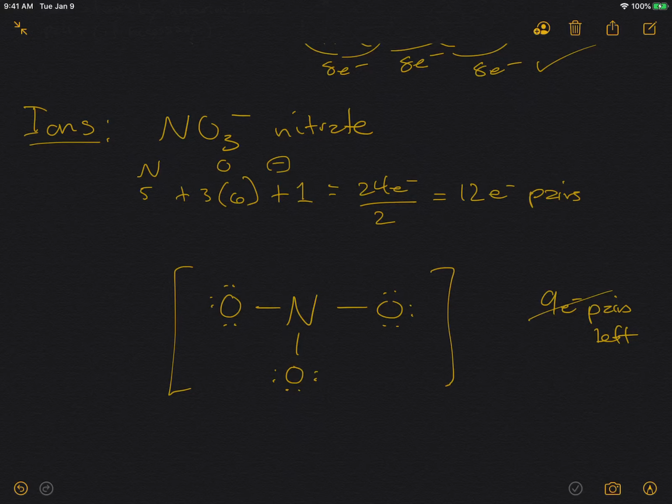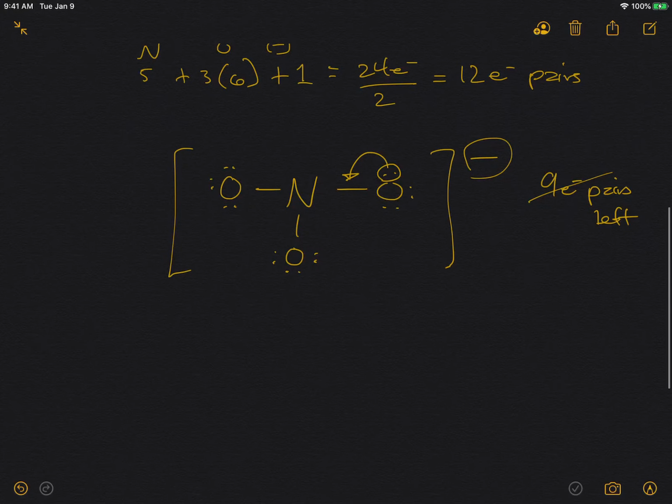Nitrogen only has 6 electrons. Don't forget the negative charge on the overall molecule. So what we do here is share one of these electron pairs, and then we'll see that everything has 8 electrons. Now nitrogen has 1 double bond to oxygen, 2 single bonds,